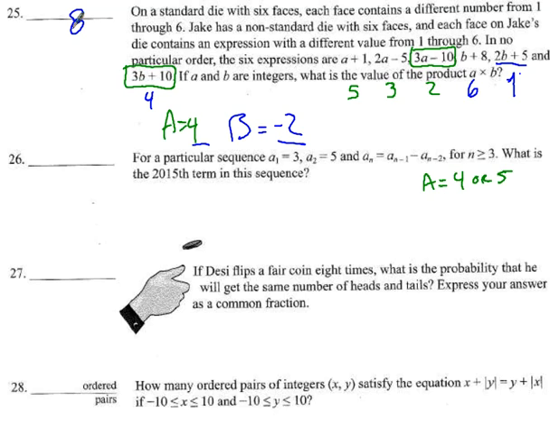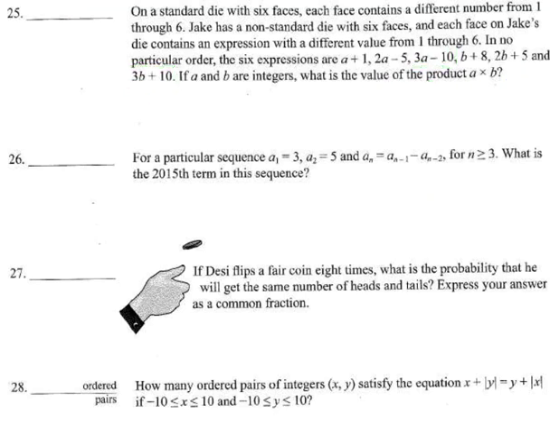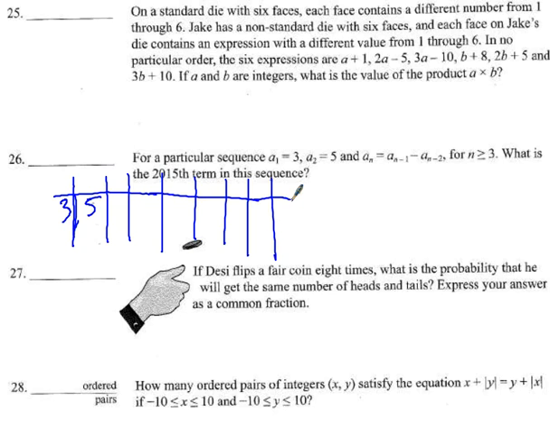All right, next problem. For a particular sequence, A, the first term is 3, the second term is 5. So let's start writing this out. So we have 3, 5. I like making a little table. And let's just see what else the thing says. So then it goes on to say,